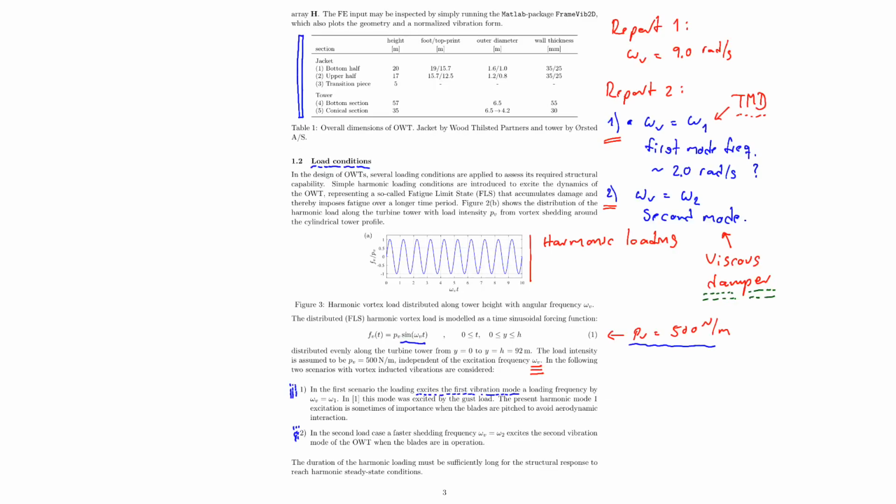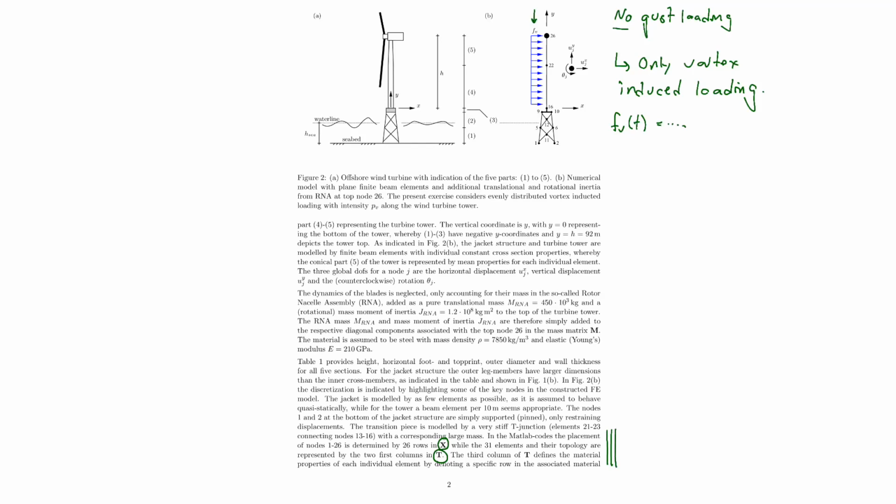In report number 2, we will only consider a multi-degree of freedom system. The single degree of freedom approximation was a major part of report number 1, and in report number 2 we will only consider a full matrix equation. However, if you go back to the structure, we see that we originally have 26 nodes. So 26 nodes with 3 DOFs gives us the full 78 DOFs, and then we support,